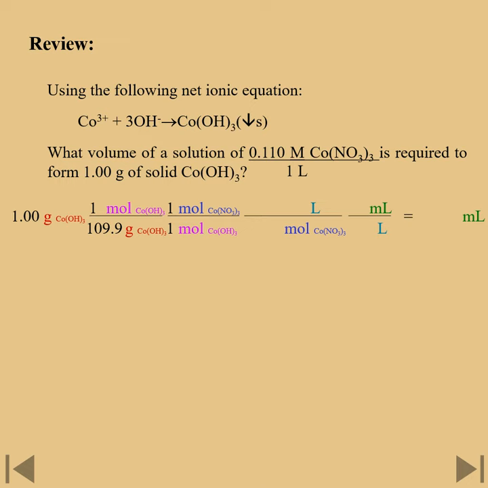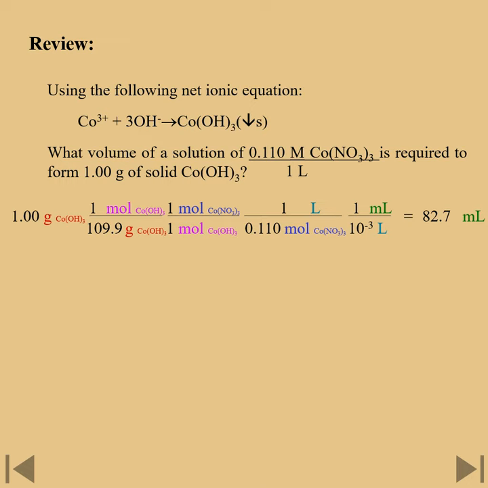So fully use your units. Go through all these steps. And if you take care of your units, they'll take care of you. That's a promise. Okay, then the concentration term says 0.110 moles of cobalt-3 nitrate per liter of solution. 1 milliliter, 10 to the negative third liters. Or 82.7